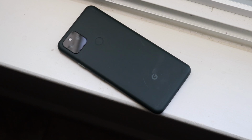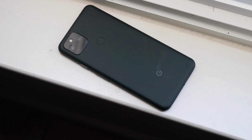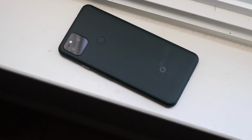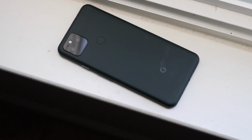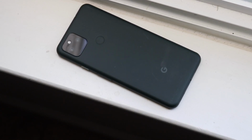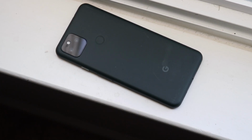But when I compare this phone to an iPhone 10 display, the iPhone 10 display looks better. So again, I understand a $1,000 phone versus $450, but that one was from 2017 and this is of this day and age. So I like this display. I just hope next year they really drop the 120 Hz or at least a 90 Hz on it. That'd be really cool. Now you have a USB Type-C on this thing, but you also have a headphone jack,